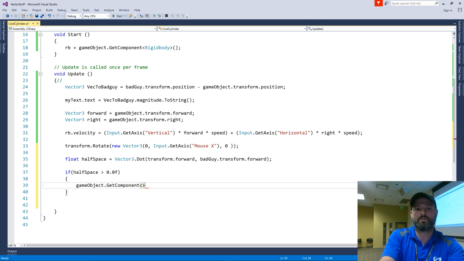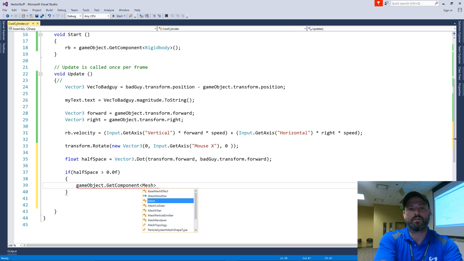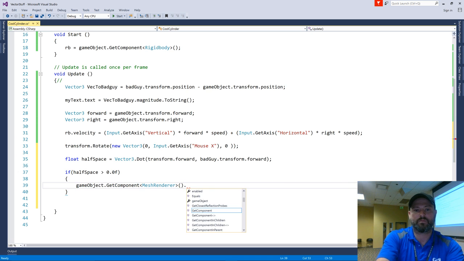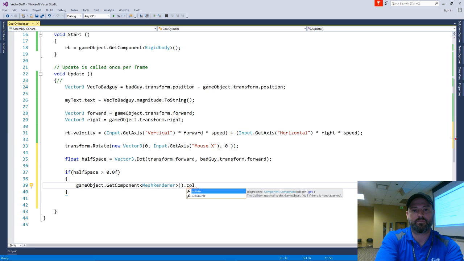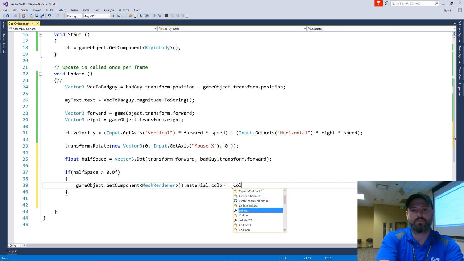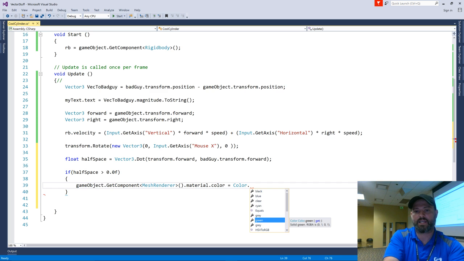It's not really that important. MeshRenderer.material.color equals, I don't care, green.